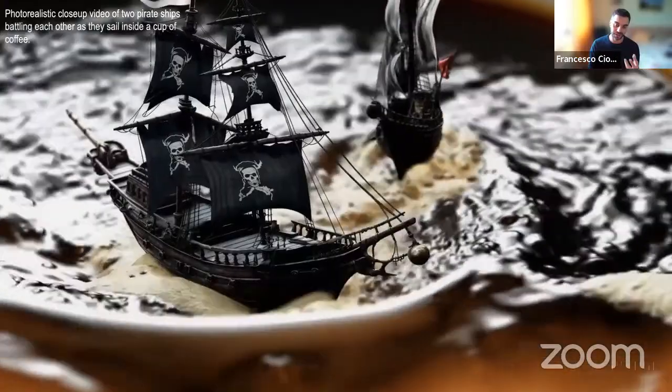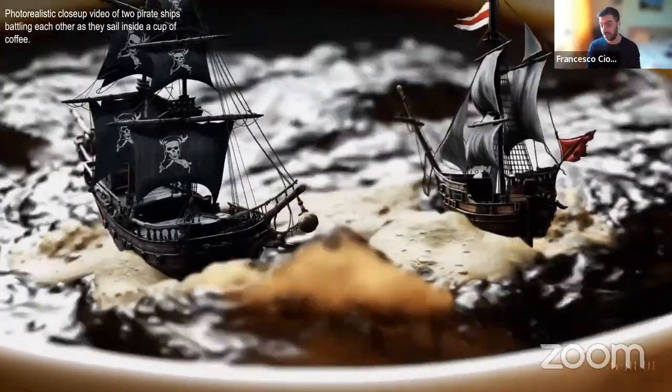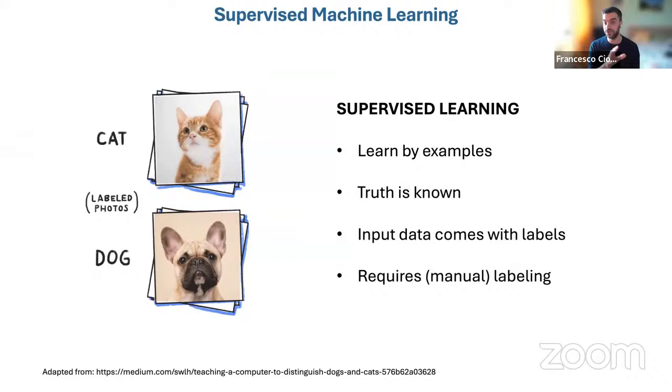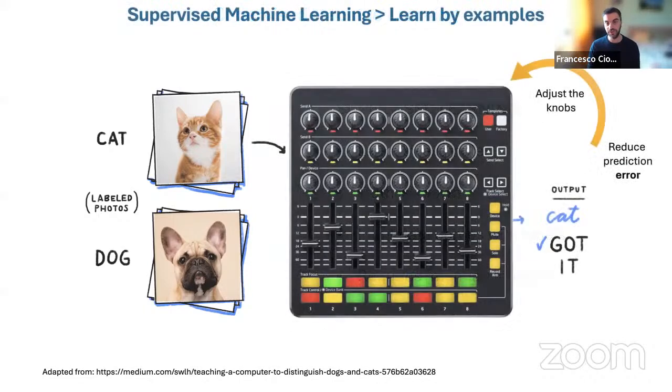But actually, when it comes to clinical practice and still quite a lot of research, we still use this supervised learning. I understood this is what you have been studying also recently. So supervised learning, very briefly, it learns by examples. It doesn't use any fancy self-supervision techniques that are more and more popular these days. Supervised learning means that the truth is known. So the input data comes with labels. And these labels have to be usually made manually by experts. And you can imagine in the medical field, you need specialized experts to make these labels. So very briefly, you know how this works.